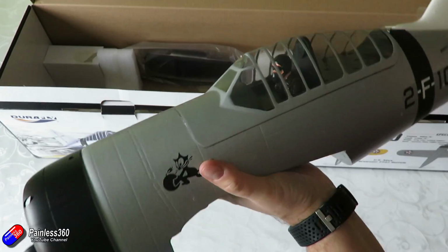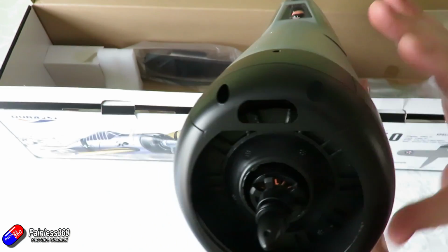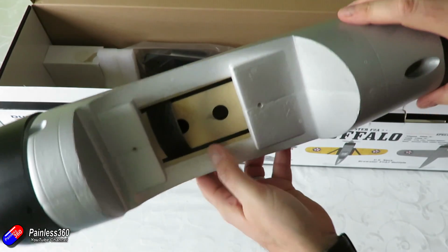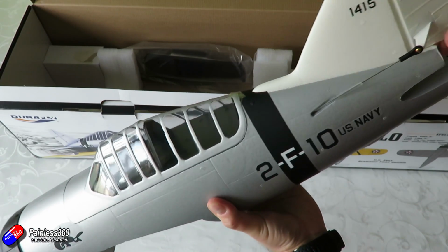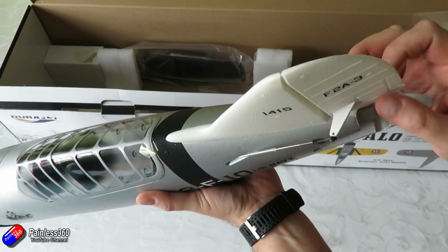So under that wing, then we have the main body itself with the pilot canopy. There's that little motor hidden away in the middle of that big scale cowling. We have all this room underneath where the wing is going to go, covered by an extra piece. The tail is moulded in, and again the rudder has the control horn already pre-attached,